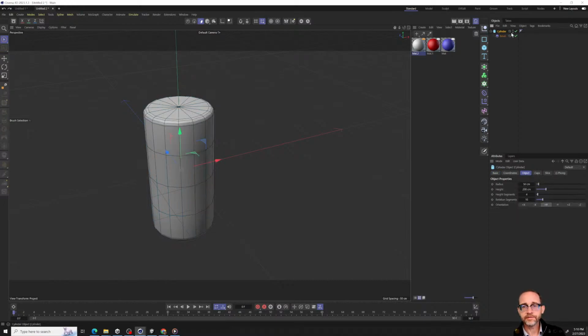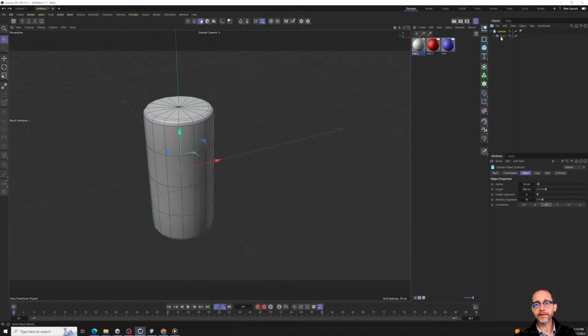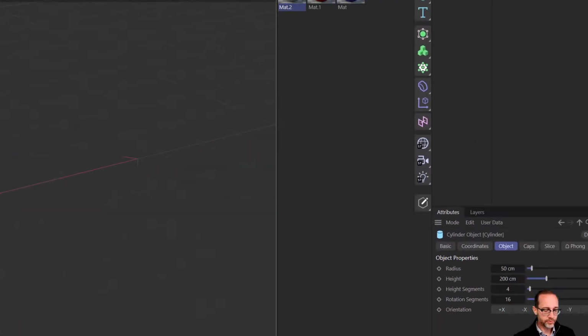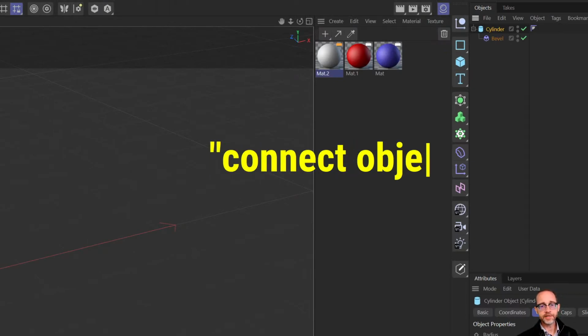If I hit C on this object here, it turns it into a polygon object still with the bevel deformer on it. The problem here is that these bevels are being created by the bevel deformer, and at this point you may want to assign materials to them. So to convert something into a polygon object, usually a better route is to use a command called connect objects. Connect objects will essentially bake it down so that it gets rid of the deformers,